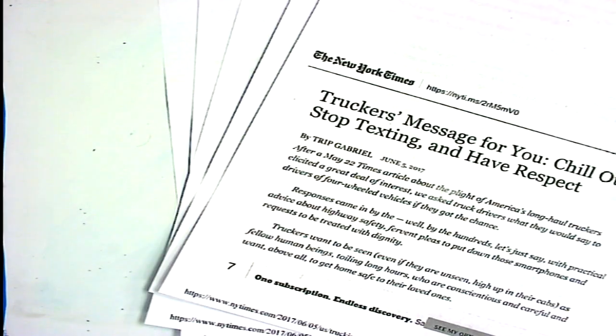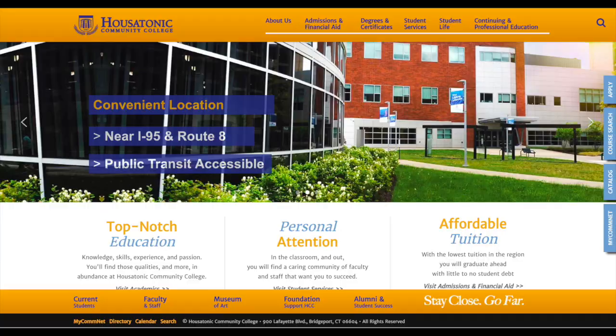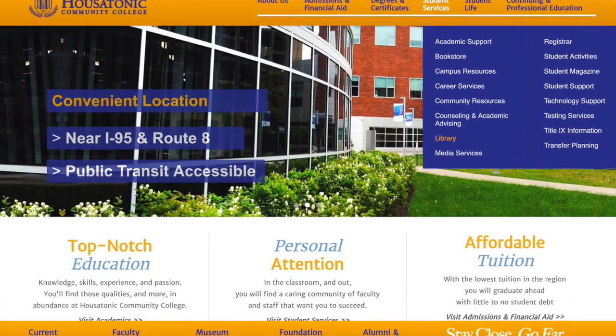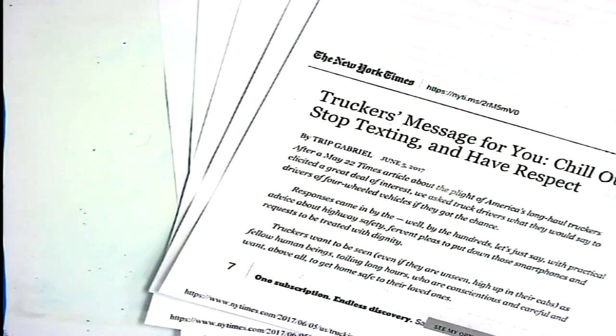Hello friends. Today we're going to build a works cited entry for a newspaper article, in particular the newspaper called the New York Times. Now, where I got this from might be of some interest to you. I went through the library website. So I went into housatonic.edu. I went to the library link through the links at the very top of the page, and I landed on